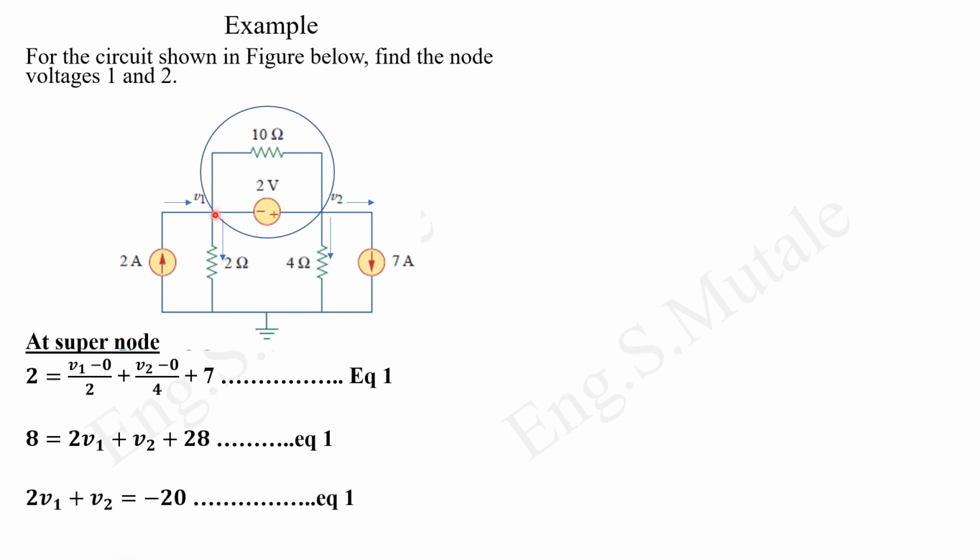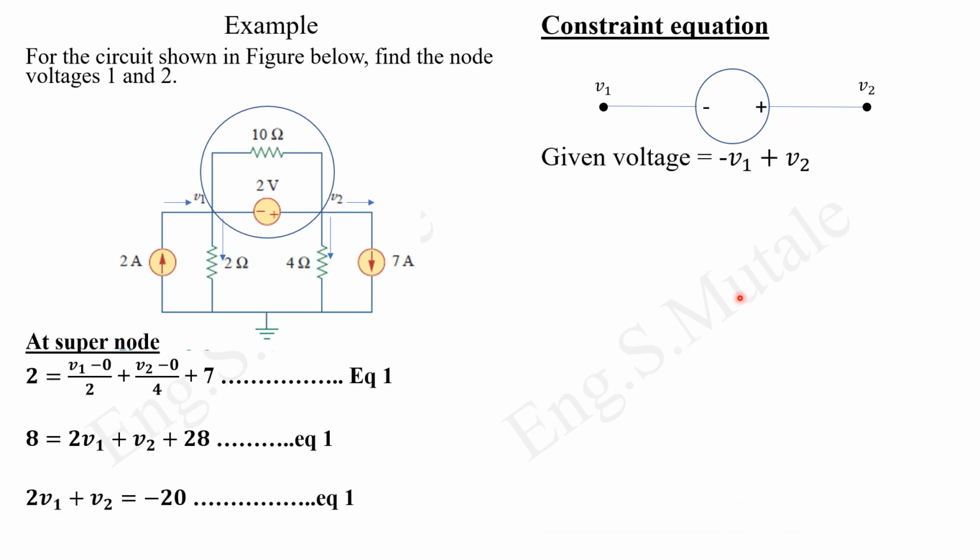So we've got 2 nodes here, non-reference. So we're supposed to have 2 equations. So one of them is this one. Where do we get the other one? We get the other one from a constraint equation. So from a constraint equation, you realize that you have V1 connected on the negative polarity, which is this one, and you've got V2 connected on the positive polarity, which is that one. Constraint equation says that the given equation is basically